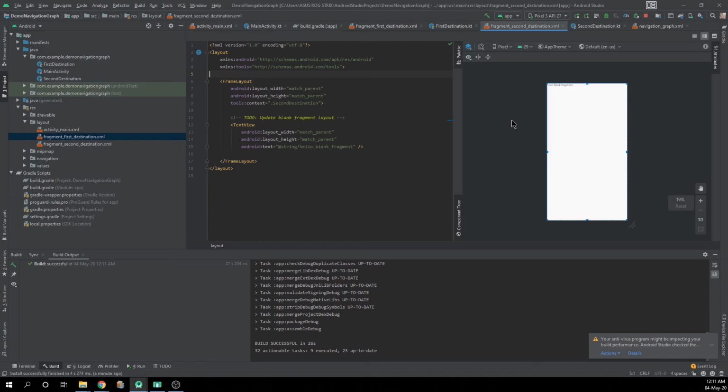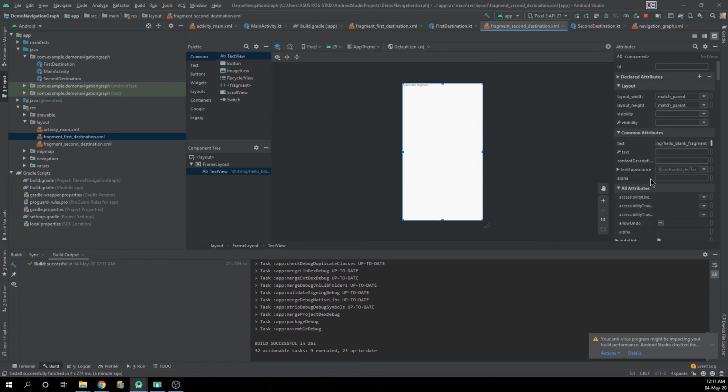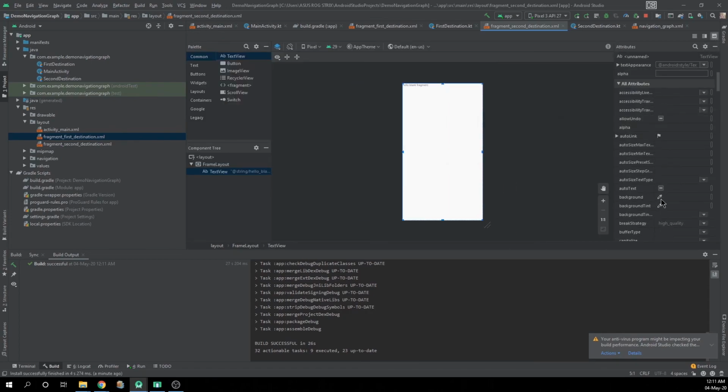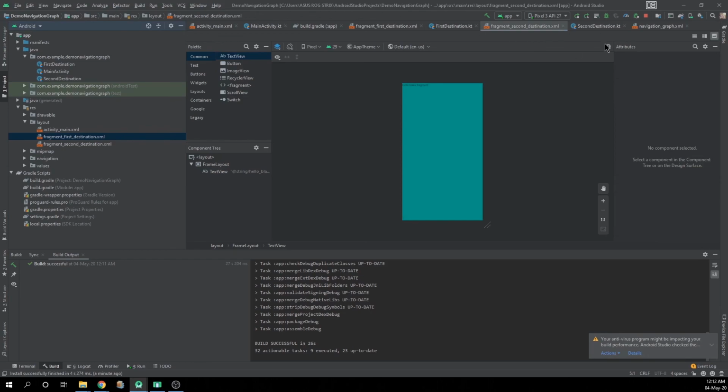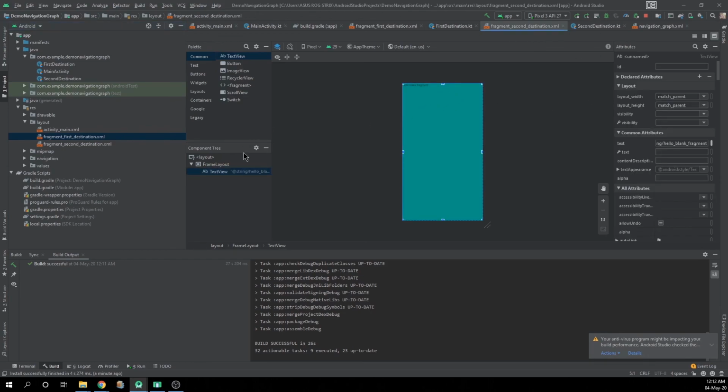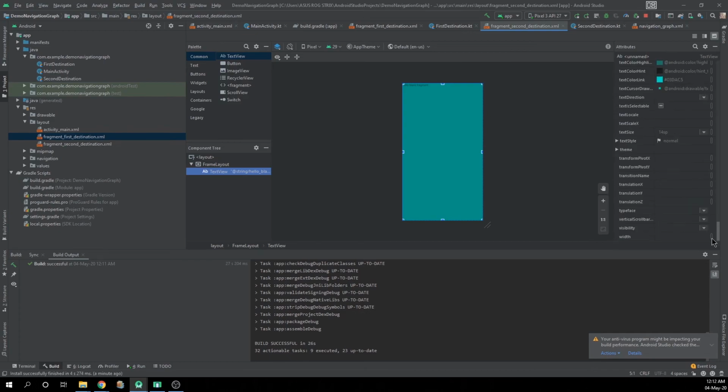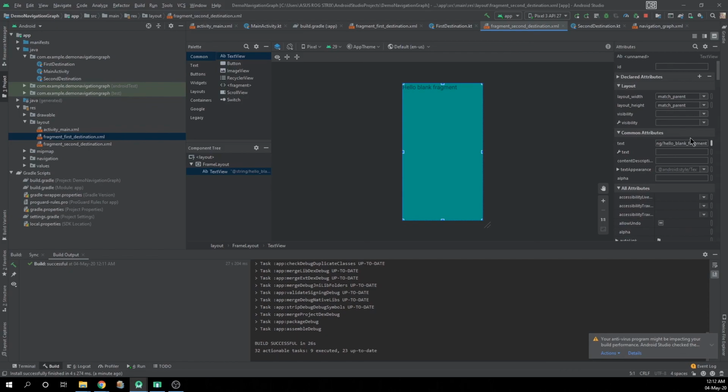We want the second destination background in a different color, so we give this second destination a light green color, and just click on this text, and we give a big text to see that it's the second fragment. So we click on the text size 30,